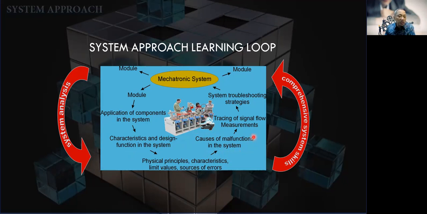It could also be the connection. And from that, we can, of course, trace the signal flow measurement. Then we can do the troubleshooting strategies, so we can understand the whole system. The system approach actually helps us to save time in onboarding knowledge. When we are talking about what happened to my capacitor, what really happened to my system, it's like you have to study the little thing first, then the bigger thing, and then come back to the little thing again. So it's rather, let's go to the system approach.